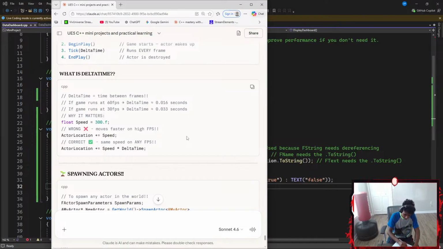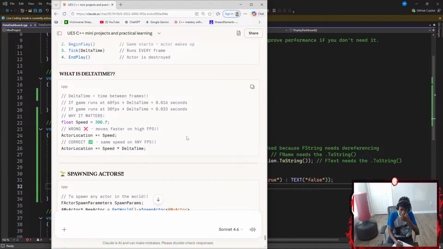Why it matters? Let's go with a question mark. Let's say I create a floating point speed variable, which is going to be equal to 300.f, ending with a semicolon.